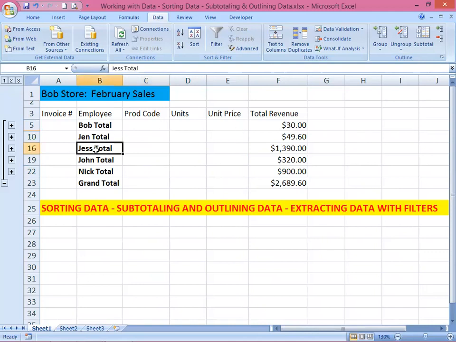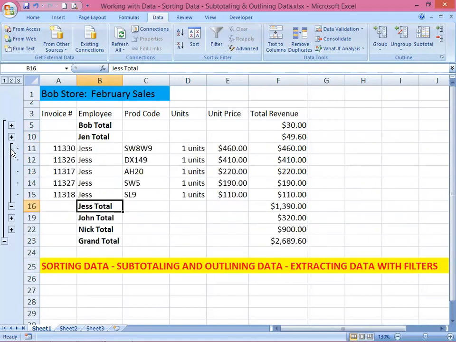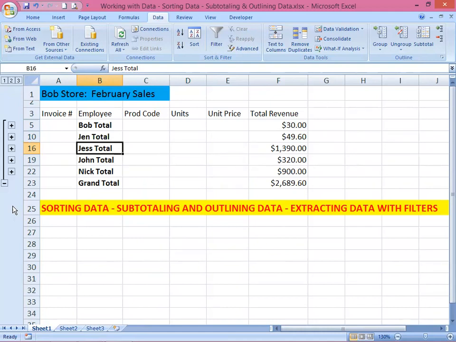So Jess is this one. So we're gonna get the details of Jess by clicking this plus sign here. As you can see, it displays all the records of employee Jess. Okay. So we're gonna click the minus sign again to view